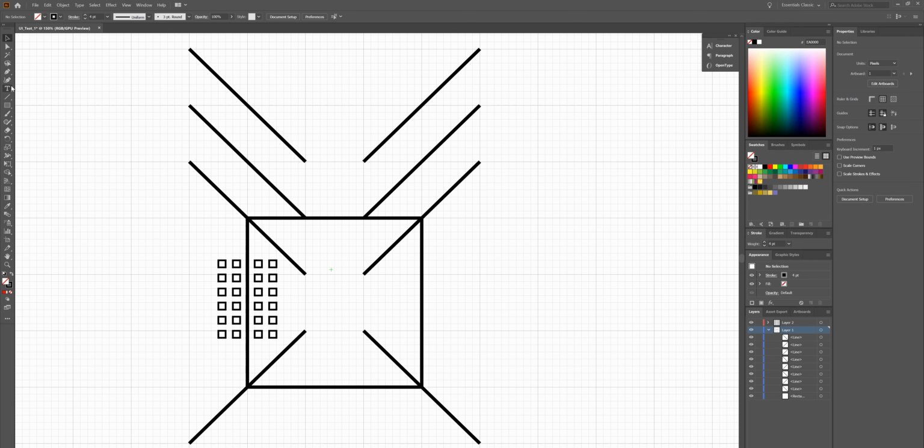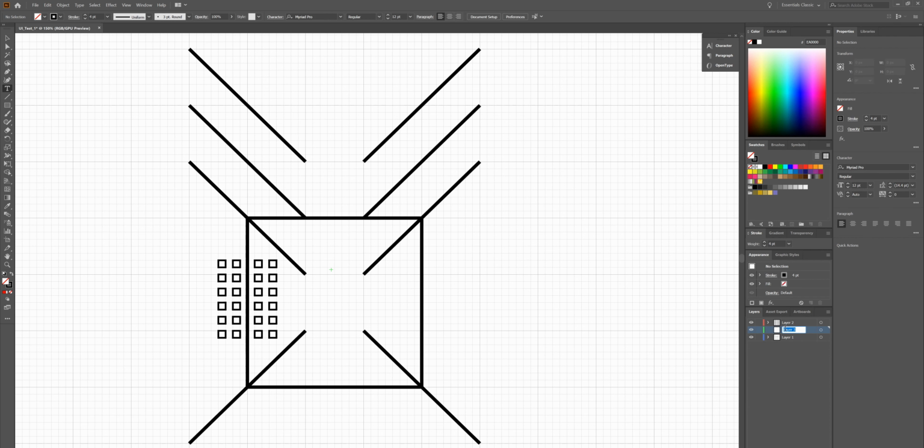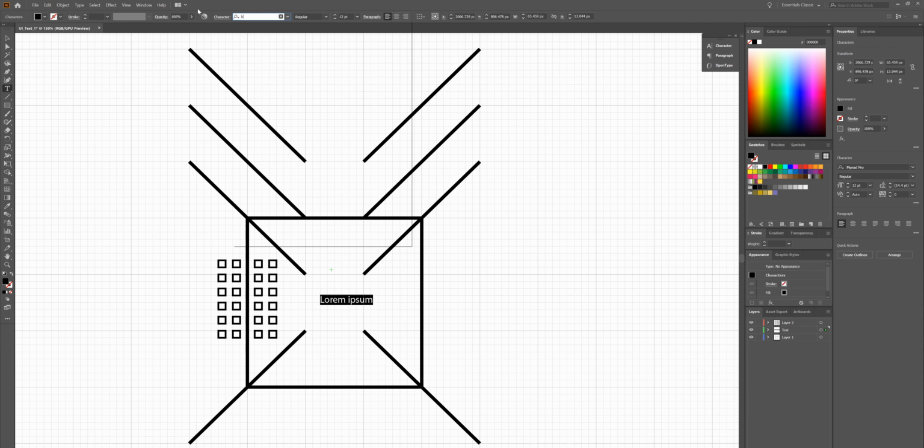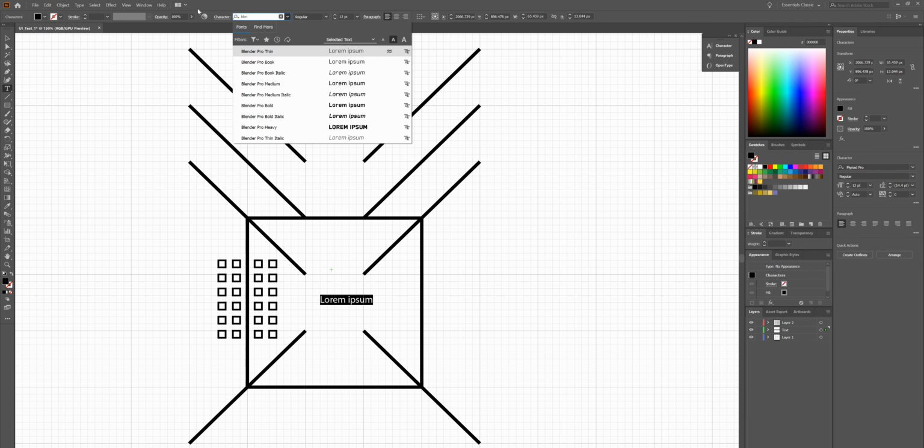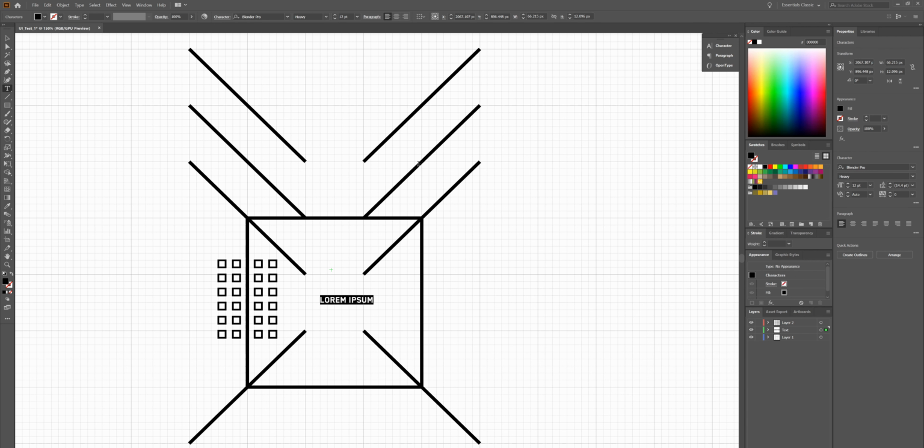And let's go ahead and just define what this function is going to be, because it's kind of in the process where we'll do that. So we'll just make a new layer, and we'll call this text. Cool. And I like this font, it's my favorite right here, Blender Pro. First off, I can remember the name because obviously Blender, the 3D program, and second off, it looks so UI. So let's go Blender Pro Heavy, and let's type something like